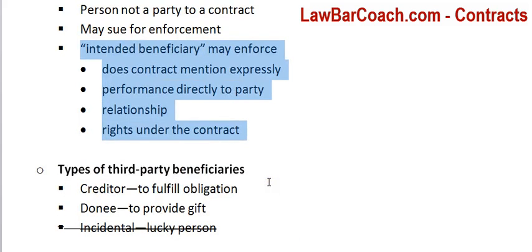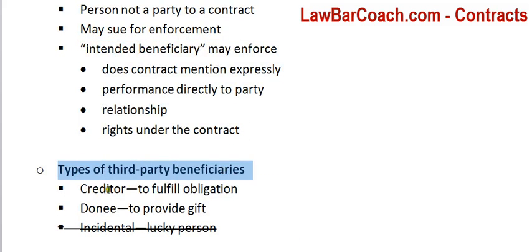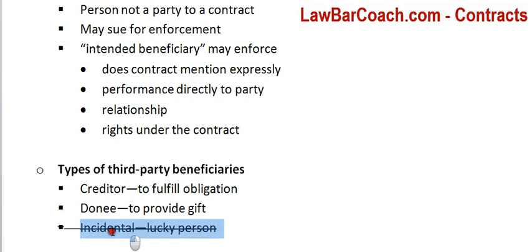So here are the types of third-party beneficiaries. A creditor beneficiary, that is, I owe somebody $1 million. I tell you that I will do certain service for you, and you're going to pay that person the $1 million, so I get off the hook with that obligation. A donee beneficiary is a gift. I'm paying you to make a painting of my friend and to deliver it to my friend. An incidental beneficiary is just a lucky person. Like I was saying, the example of the restaurant in a neighborhood, you're going to benefit, but it's incidental. It's not intended. You're just a lucky person.